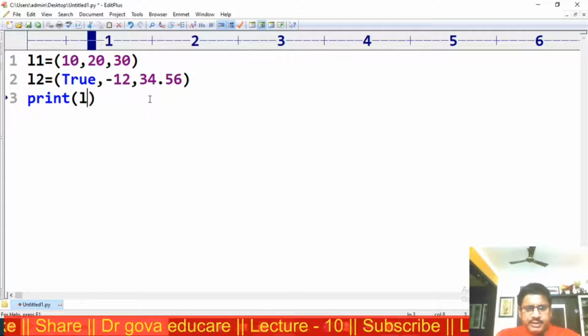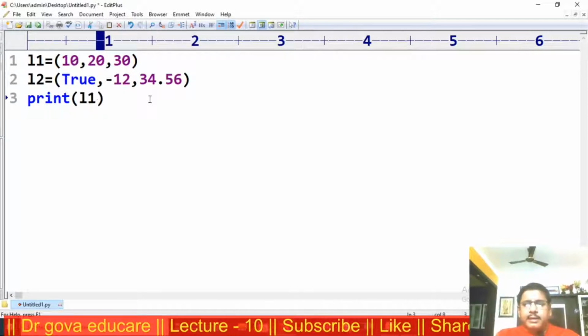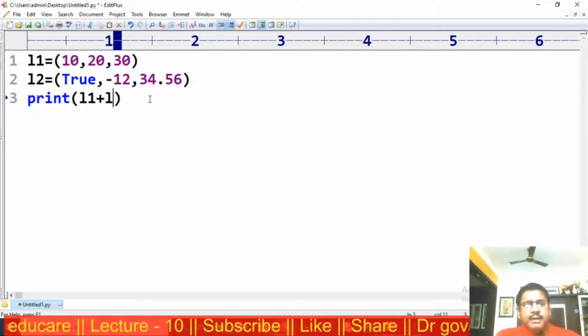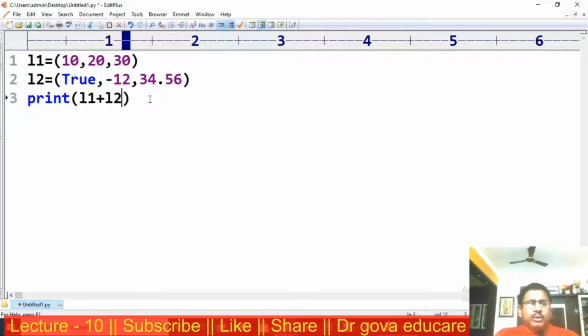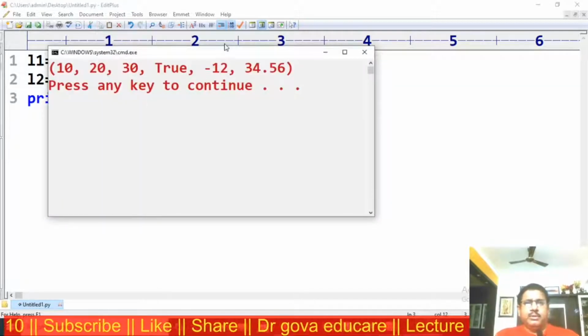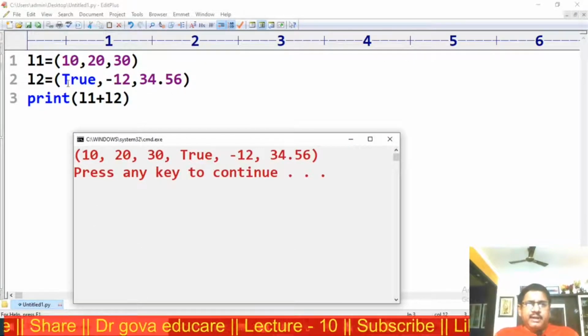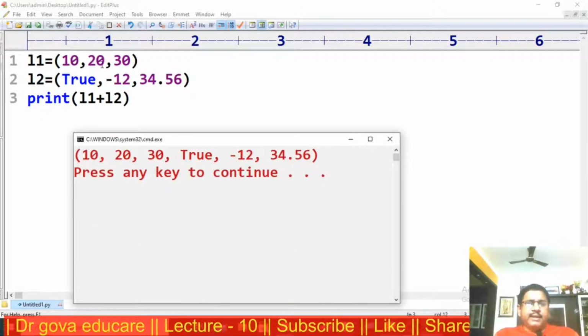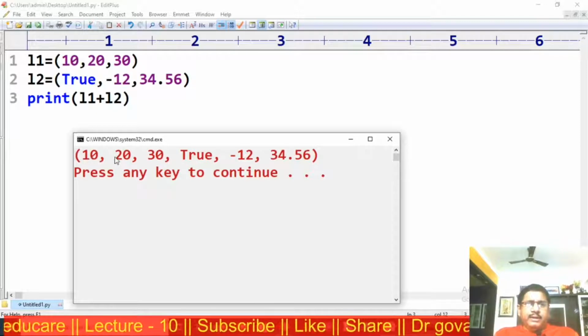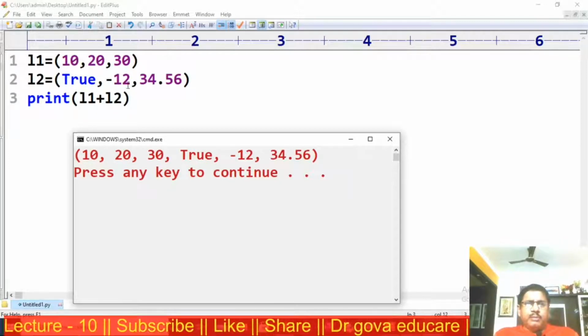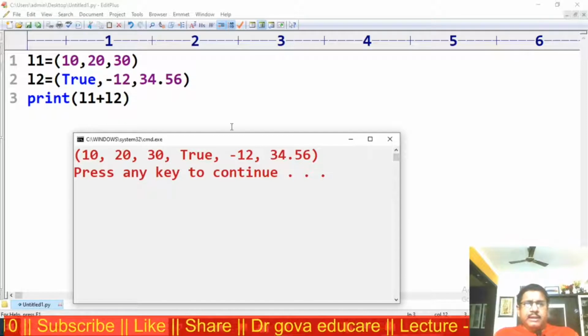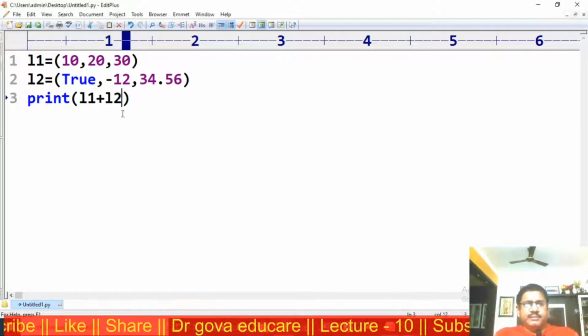Now my concatenation, L1 plus L2, now we get a single tuple. Now this L2 is added to L1. Now the tuple is 10, 20, 30, True, -12.12, 34.56.